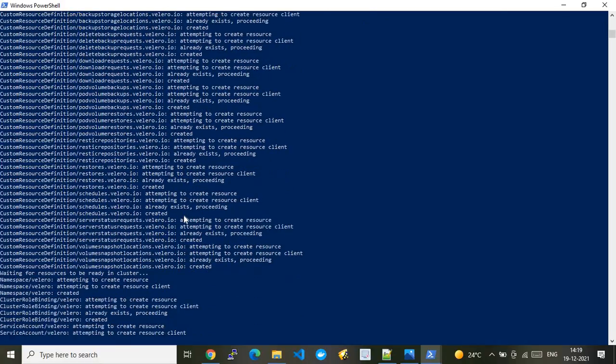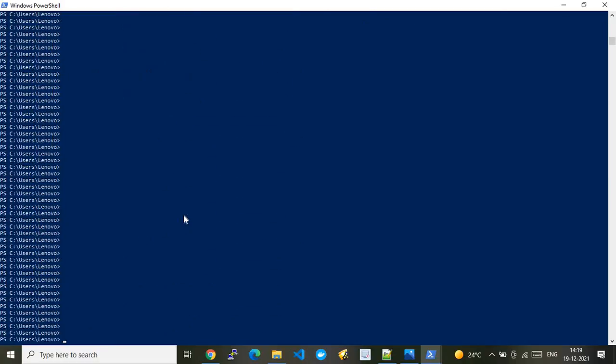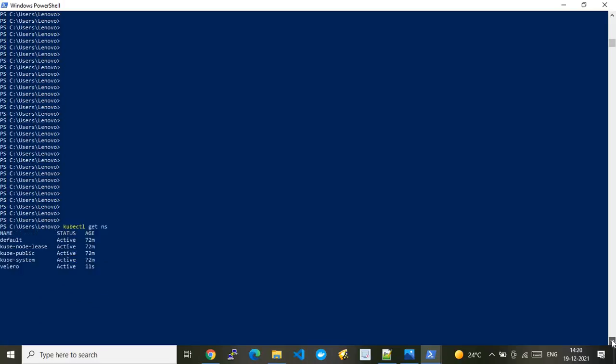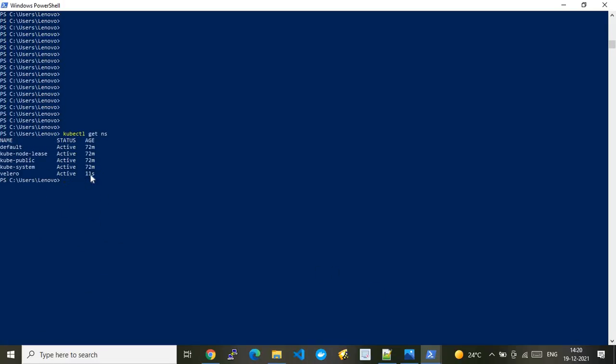Once this cluster is up and this pod is up and running fine, I need to run the restore operation. Before that, I need to show you the possible namespaces. Here you go, Velero is again up and fine. It ran just 11 seconds back. So let me do a restore now. Let's go to the restore and check. I believe it will throw the error, but let's see. And bingo, here you go. It has successfully restored the application in the secondary region.